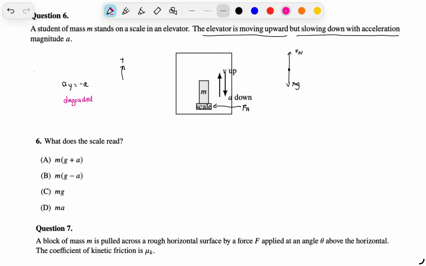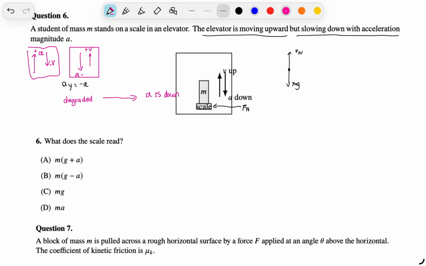So for example, that would be like if you have an acceleration pointing up and then you had a v pointing down, and when you do that, it's slowly going to decrease. Or for example, if you had an acceleration that is pointing down and you had a velocity that's pointing in the upward direction. So in this case, we know that our acceleration here is going to be down,